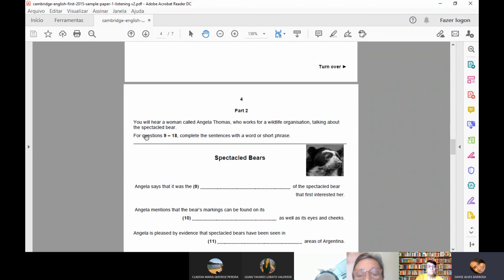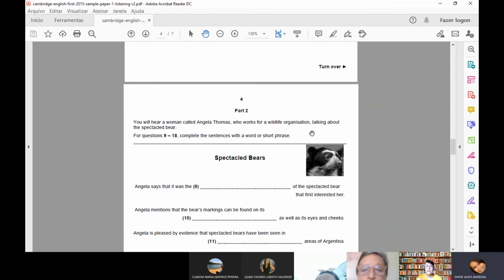Here, part 2, you hear a woman called Angela Thomas, who works for a wildlife organization, talking about the spectacled bear. For questions 9 to 18, complete the sentence with a word or short phrase. So they say a word or short phrase. It's because you don't have,